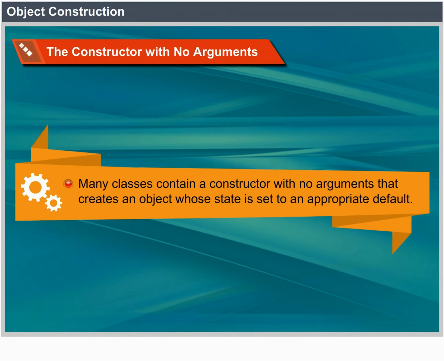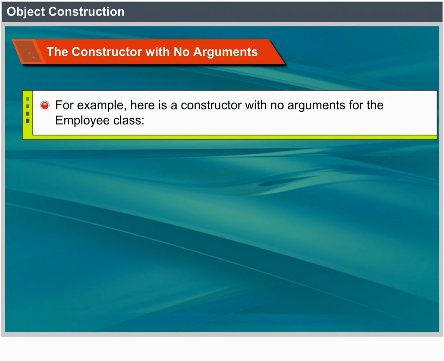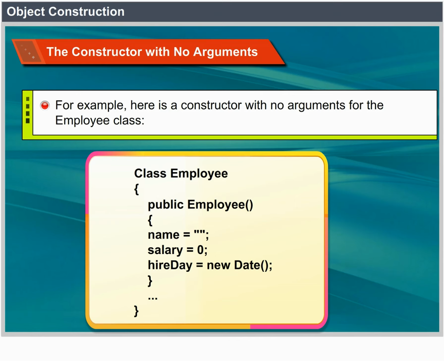Object construction. The constructor with no arguments. Many classes contain a constructor with no arguments that creates an object whose state is set to an appropriate default. For example, here is a constructor with no arguments for the Employee class. class Employee { public Employee() { name = ""; salary = 0; hireDay = new Date(); } }